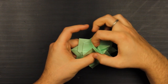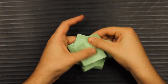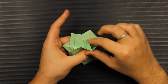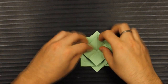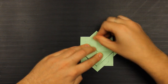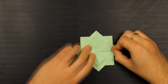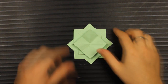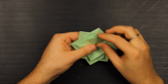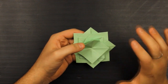So take this, and do that, and do that. And do the shenanigans 3 more times. So after you've done that, you may have this configuration. Let's see the inside. Let's open here. We will have